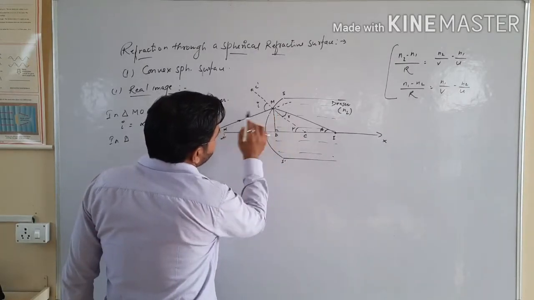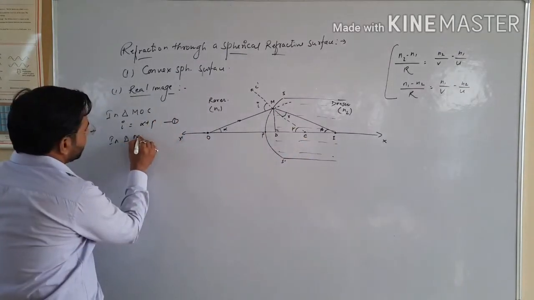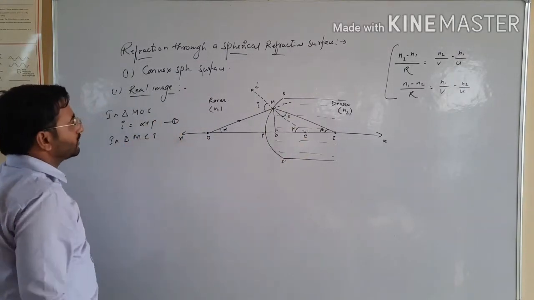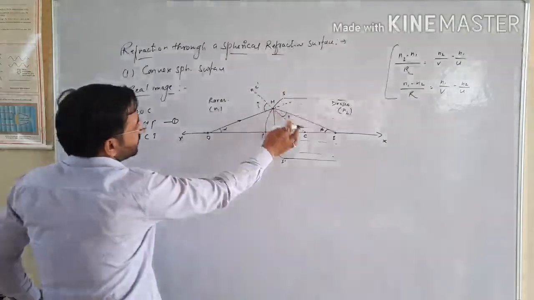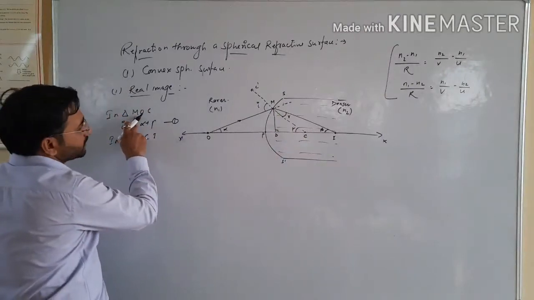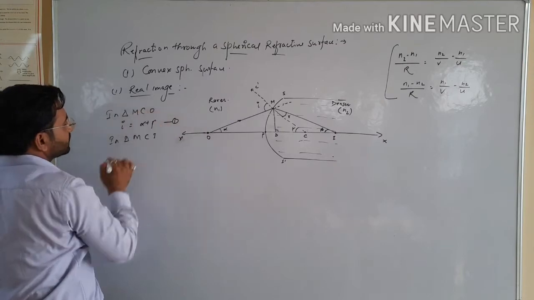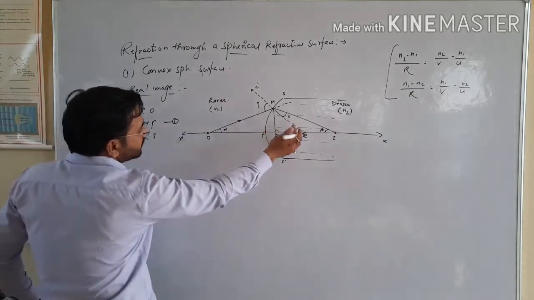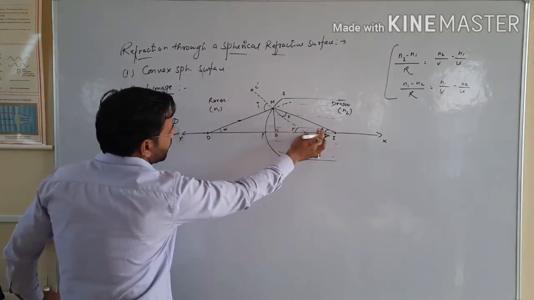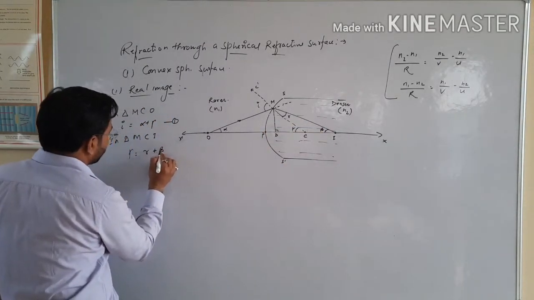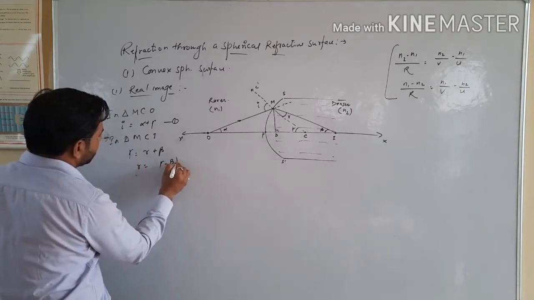Now here in this triangle you can see triangle M, C, I. In triangle M, C, I, we will take these two triangles all the time, M, C, I, or you can write the name of this triangle M, C, O. It will be good for you to remember this M, C, I. In this case, gamma is our exterior angle, which is equal to the sum of R plus beta. So here the value of R is equal to gamma minus beta.